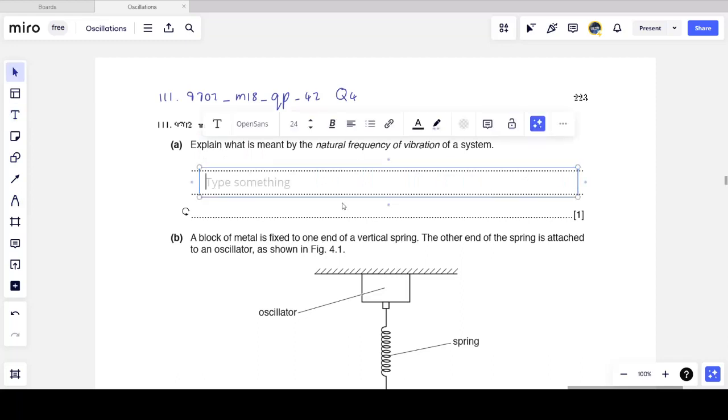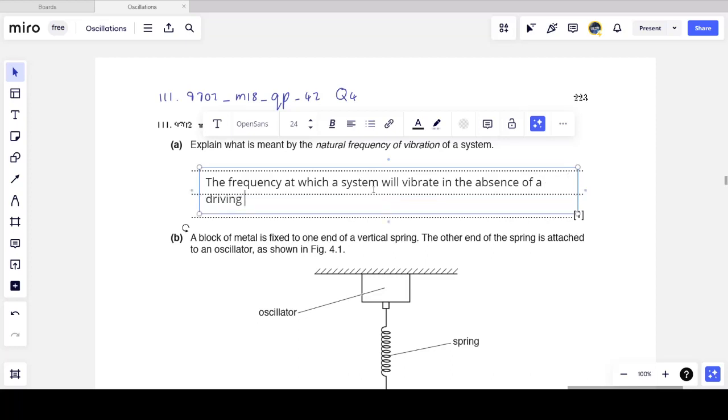Now, the natural frequency of vibration of any system is the frequency at which the system will vibrate if there's no external forces or driving forces acting on it. So we can write it just as is. It's the frequency at which a system will vibrate. So quite a long answer for a 1-mark question. Will vibrate in the absence, or if there isn't a driving force acting on it, but I like to say in the absence of a driving force